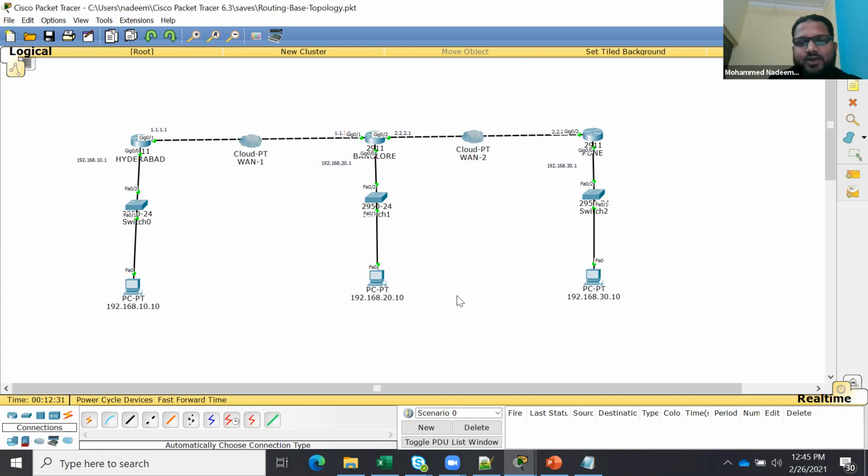Static and dynamic are alternatives, right? In dynamic protocols you have two broader categories, IGP and EGP. In IGP you have RIP, OSPF, and EIGRP, and in EGP you have BGP. So these four protocols you need to study in detail in the future.